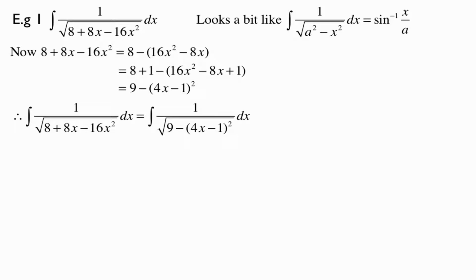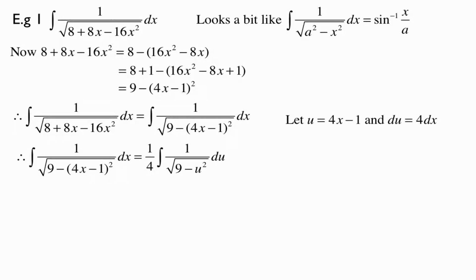now fits quite nicely, and hopefully you should be able to see that using a substitution now we can solve this integration problem. The obvious substitution is to let u equal 4x minus 1, therefore du equals 4 dx, and substituting in, we now have a much simpler integral of 1/4 outside the integral of 1 over the square root of 9 minus u squared du, which of course is just a standard integral,